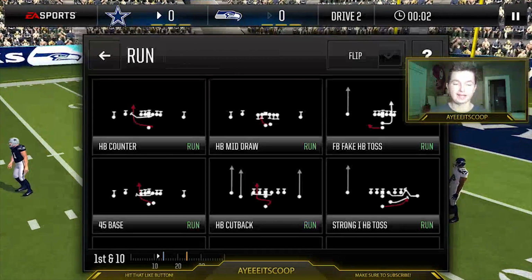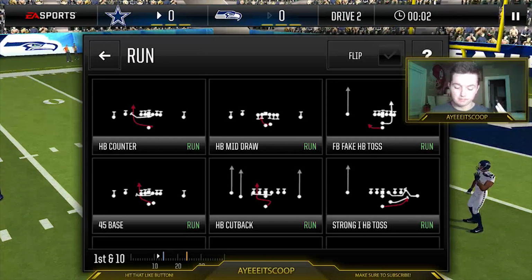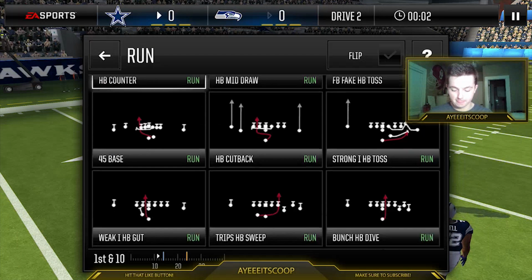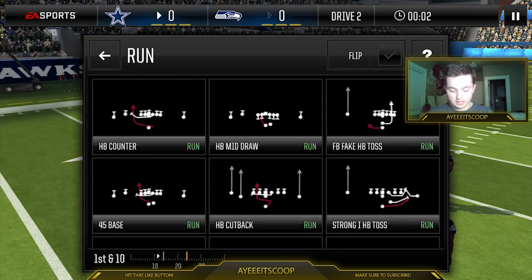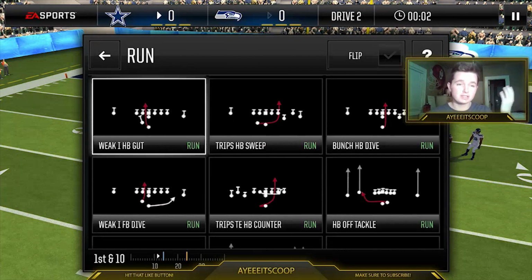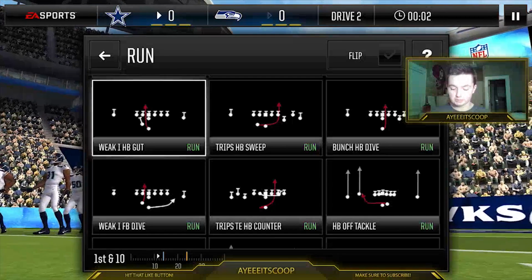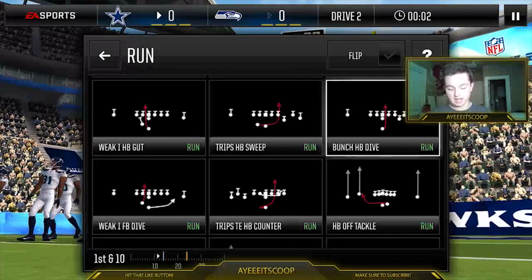So I can click on the screen just to show you. My 3 low money runs are HB counter, HB cutback, and HB toss, okay? I'm sure you get these all fairly early in the game, so it's a low level money run, okay? The next 3 I have, my bad, are weak eye HB gut, bunch HB dive, and